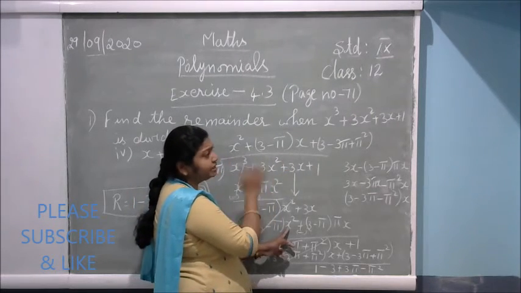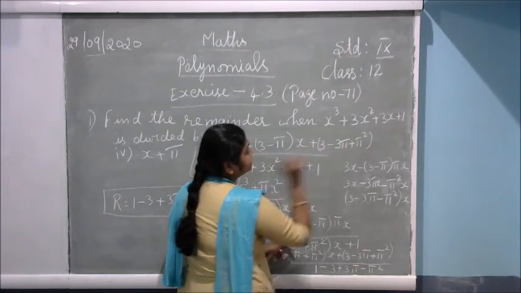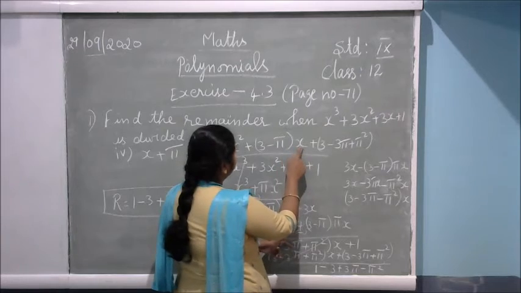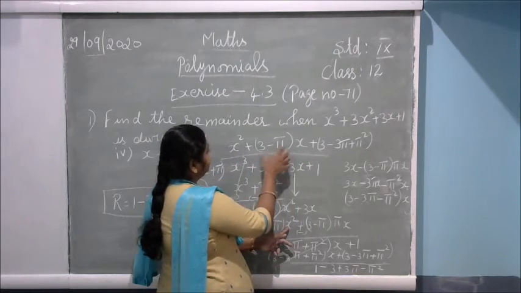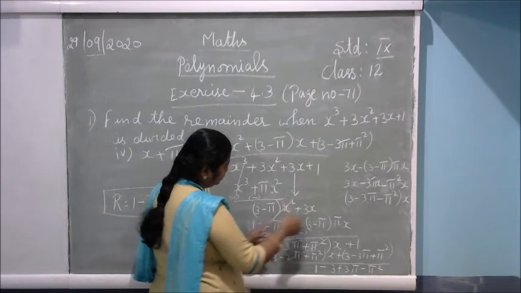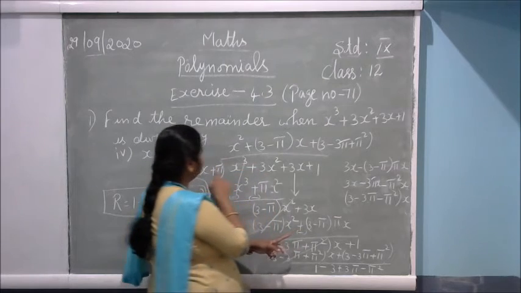The degrees also will come, the next degree. Here square came, here 1 came, and afterwards the constant term came. Like this only your results will come. Okay. So x and this one with x into x square. Okay. So here also the second one with the 3 minus pi into x, if you multiply with the pi,